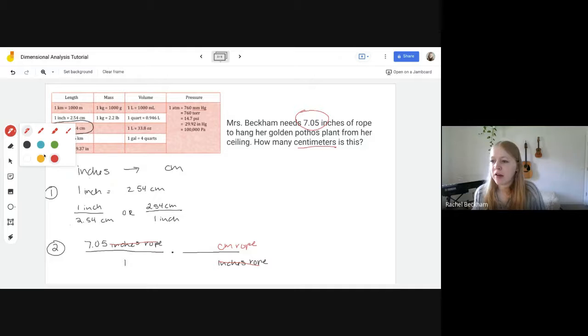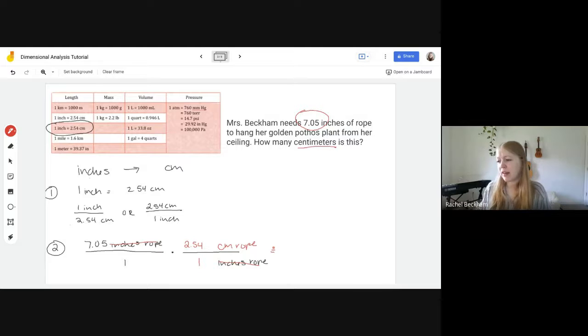Okay, so now I need to decide which one of these should I use. So which one do you think? Should I put the 1 inch on top or the 1 inch on bottom? Well, when you look at my units, I have centimeters on top and inches on bottom. So I'm going to use the second one because on this one, the inches are on top and the centimeters are on bottom. So I'm going to put the 2.54 on top and then the 1 on the bottom. And now I just need to multiply. And again, there's only 1s on the bottom this time, so that's awesome. So I just need to multiply the top, 7.05 times 2.54, and I'm getting